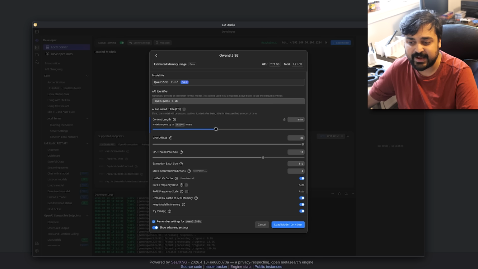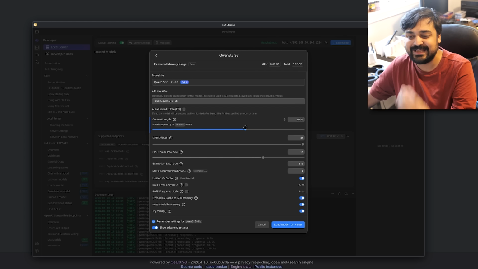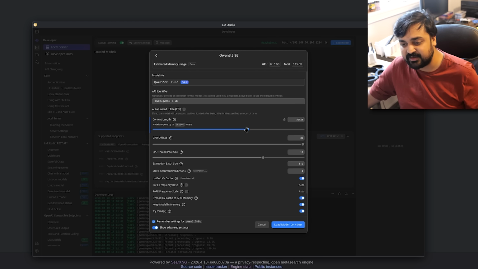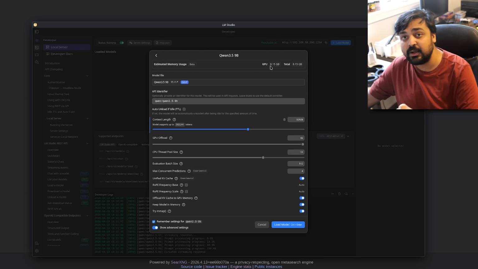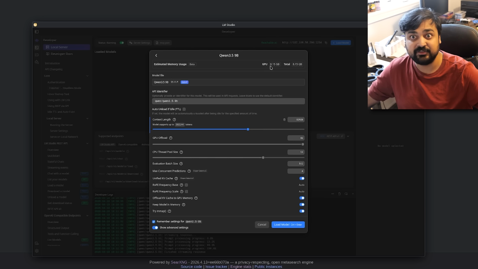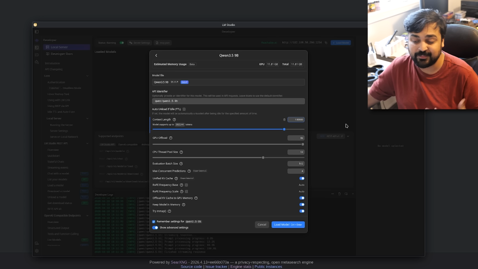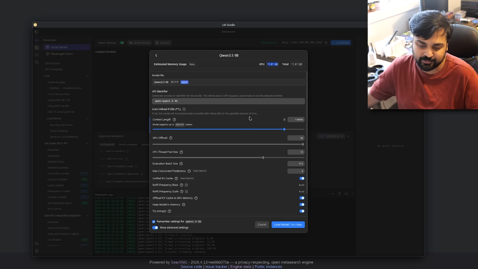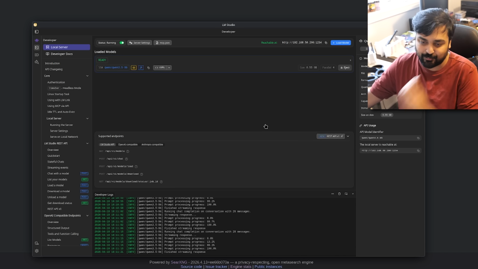So you want to slide this up, looking at the amount of GPU space you have, and give as much context as you can without overflowing your GPU, because the moment this overflows, the speed at which this AI will respond will be dramatically slower. Because I have the ability to do it, I'm going to go all the way up to 130,000, which gives me around 11.8 gigs of usage. So I'm going to load that into my system. You can see that it's fired up. The AI is ready to go.